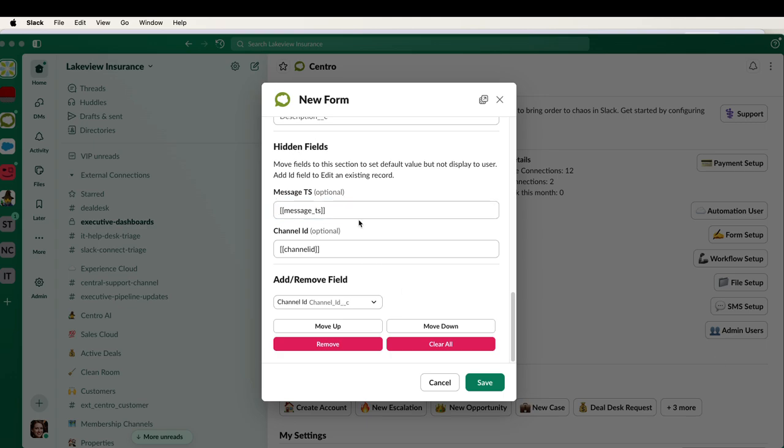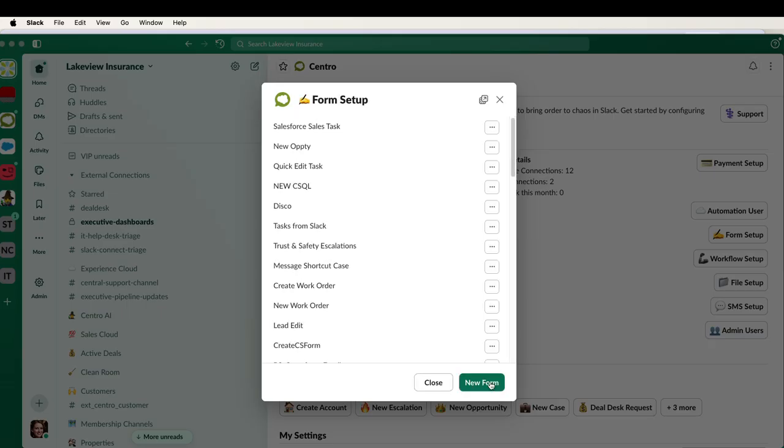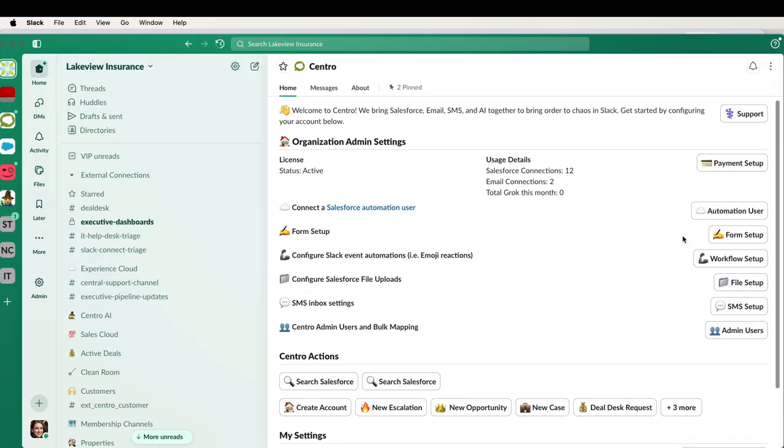So now I have a Centro form that will fire a platform event with custom fields for the subject and description, as well as setting some merge tags for the message timestamp and the channel ID. If I then connect this form to an emoji, for instance, using workflow setup,